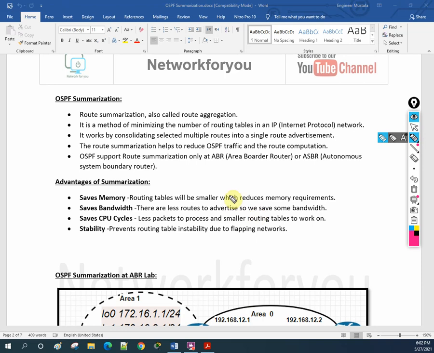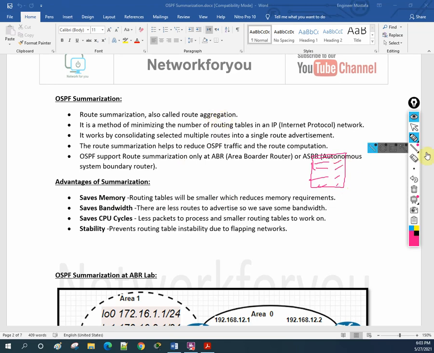If I give you a basic example, if you have so many routes in the routing table, the router will take time to open the routing table and look up the route. So we will check whatever routes we have, and whatever we can summarize, we can make multiple routes into one.